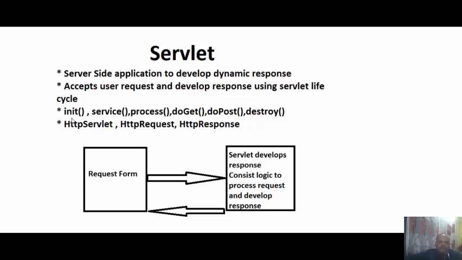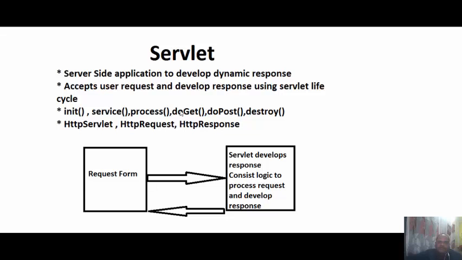For example, init means initialization, service means it will perform the service as per the request given by the web user. Then there is a process method, there is a doGet method. Now the service method, process method is going to develop the response for the user. It is responsible for processing the data.